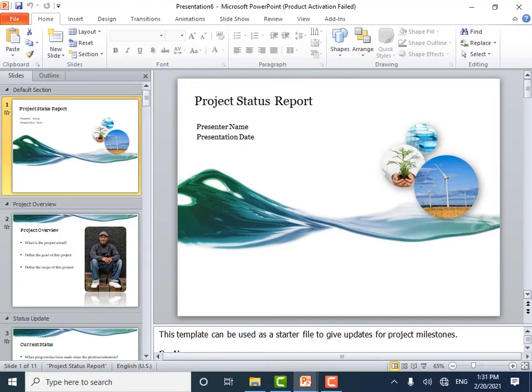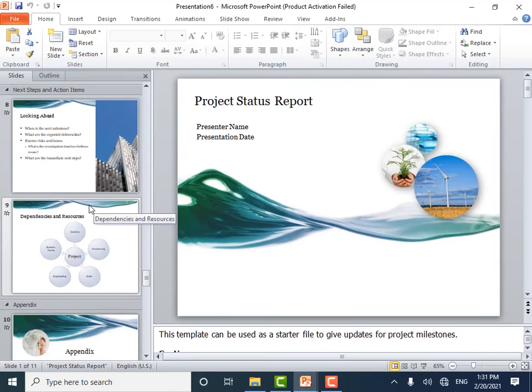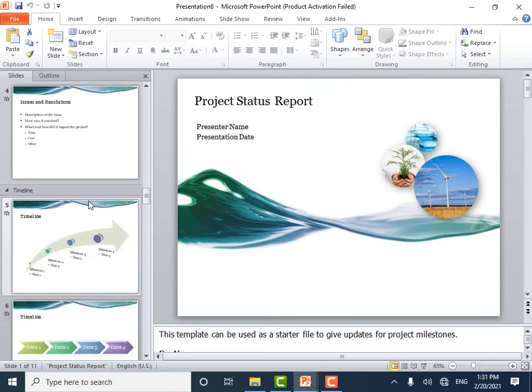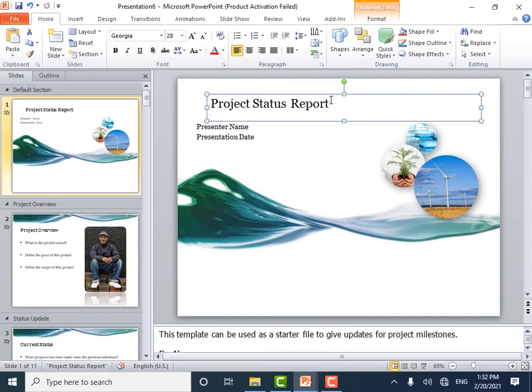Here the new presentation contains 11 slides of different layouts. You can see here, children, there are a total of 11 slides of different layouts and different backgrounds and themes. Now you can add text in the placeholder of each slide and view the slideshow of your work. This is the placeholder, children. Now you can add text in this placeholder. I will type presentation. In this way, children, you can use built-in templates in your presentation.